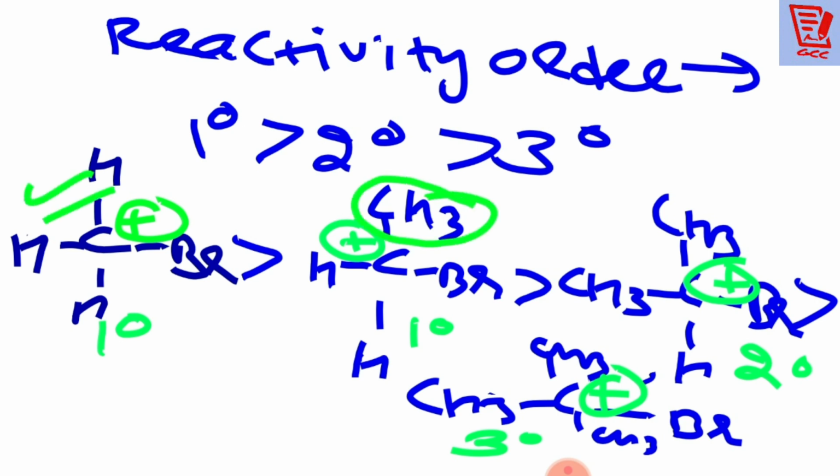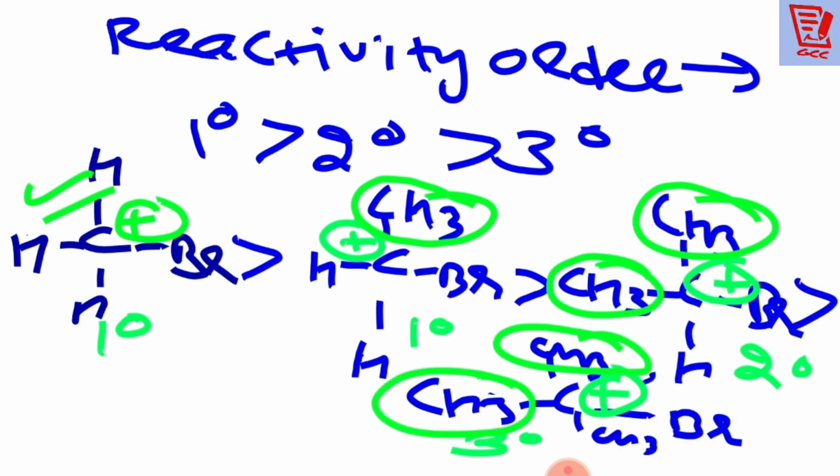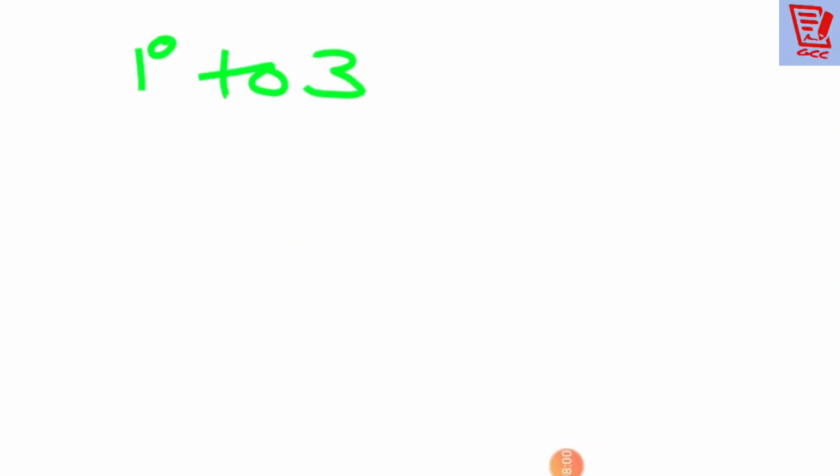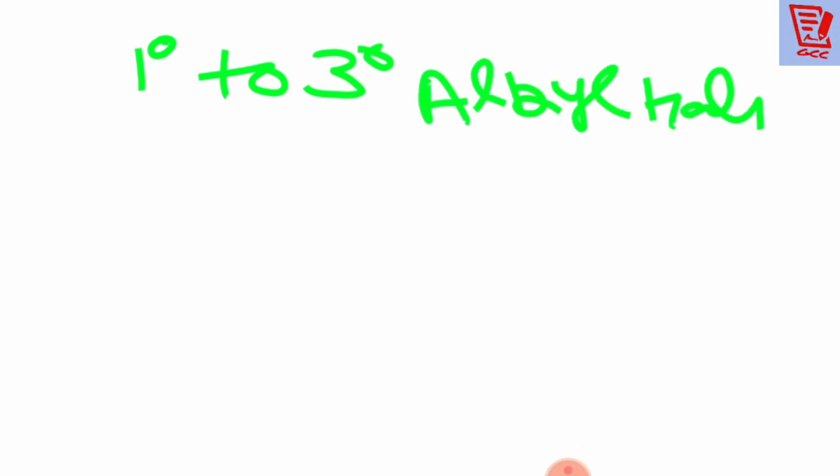Here is one alkyl group, here 1, 2 alkyl groups, here 1, 2, 3 alkyl groups. So where is the steric hindrance more? I think in the last, the tertiary alkyl halide, the rush is more. Steric hindrance is more, so nucleophile attack will become difficult. So what we can write: as we move from primary to tertiary alkyl halide, what is going to happen over there? Steric hindrance